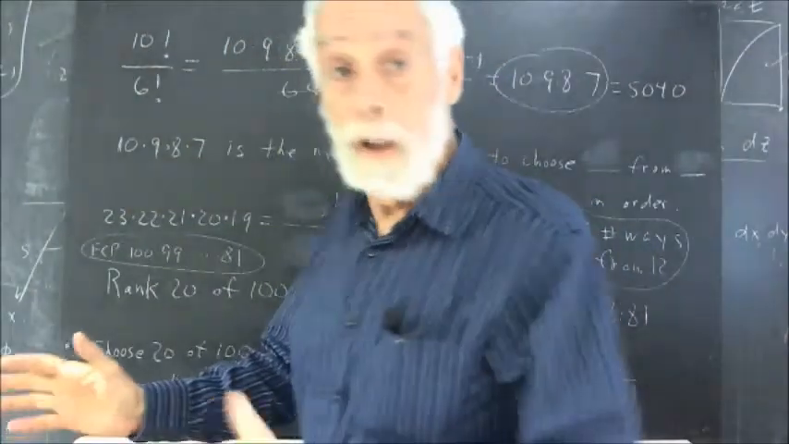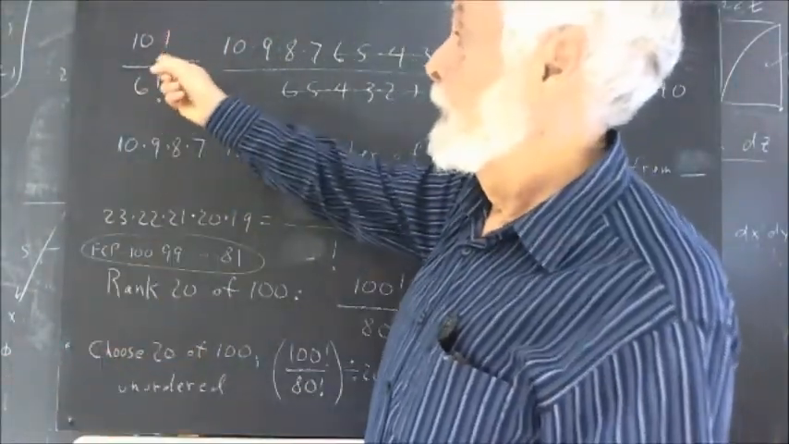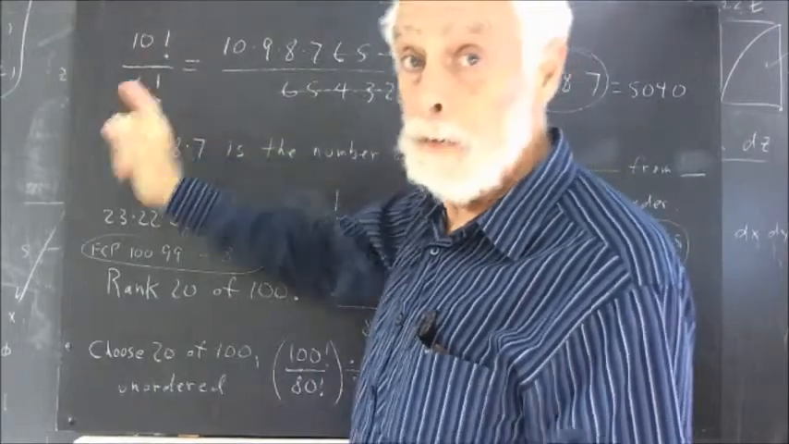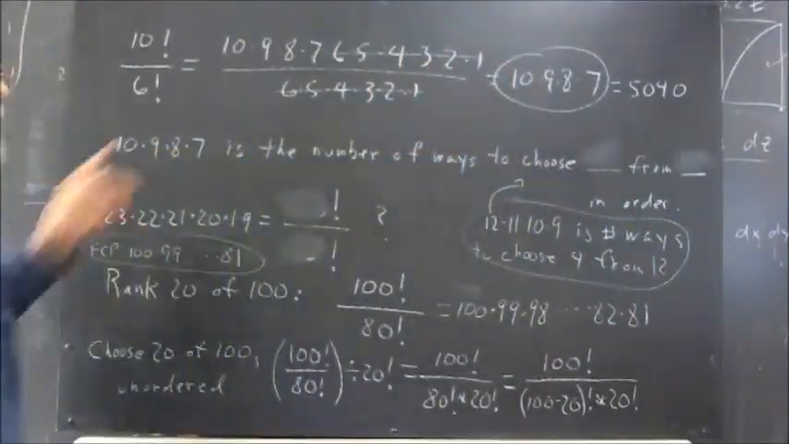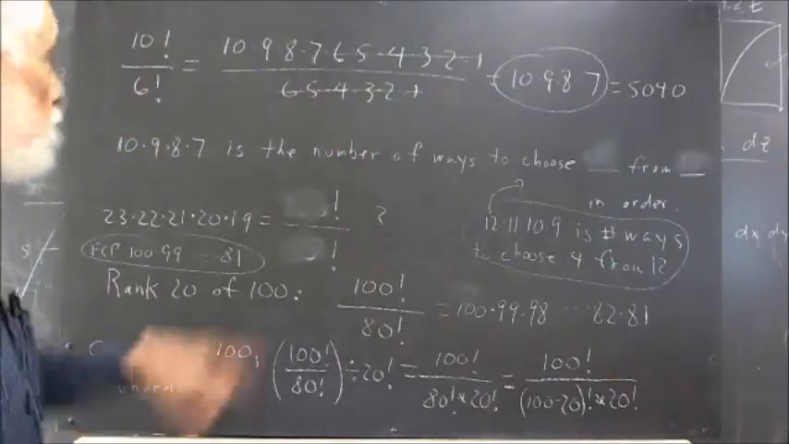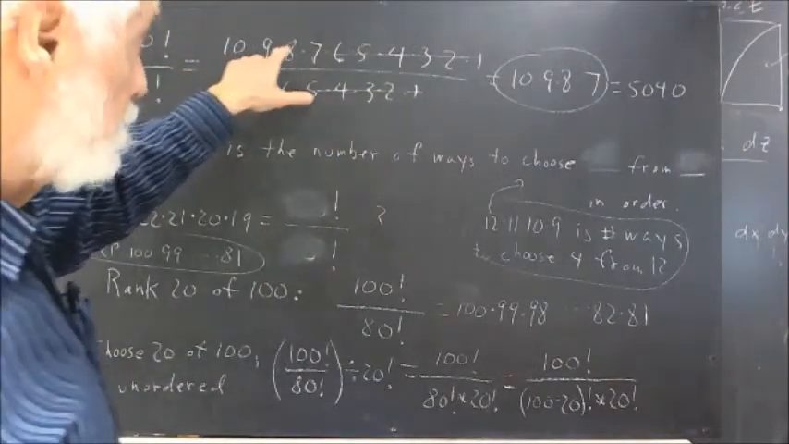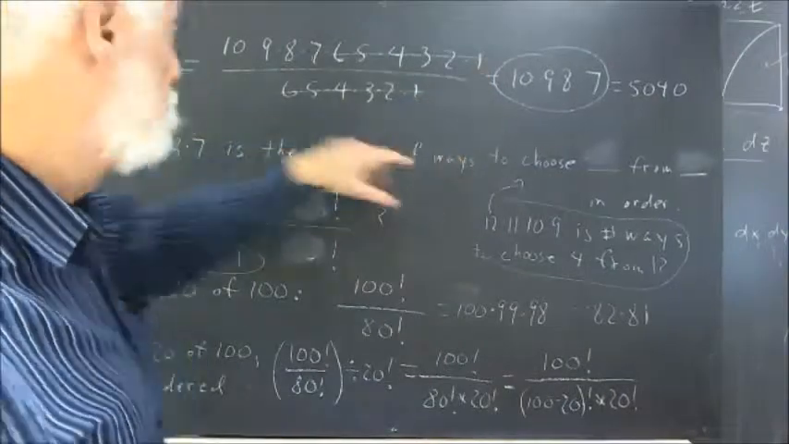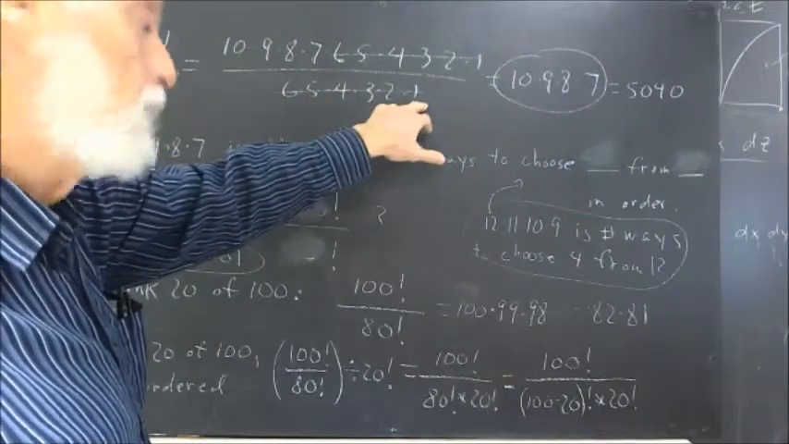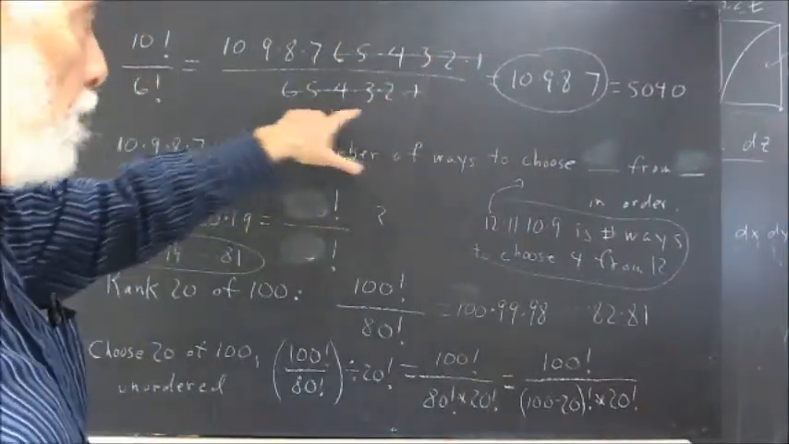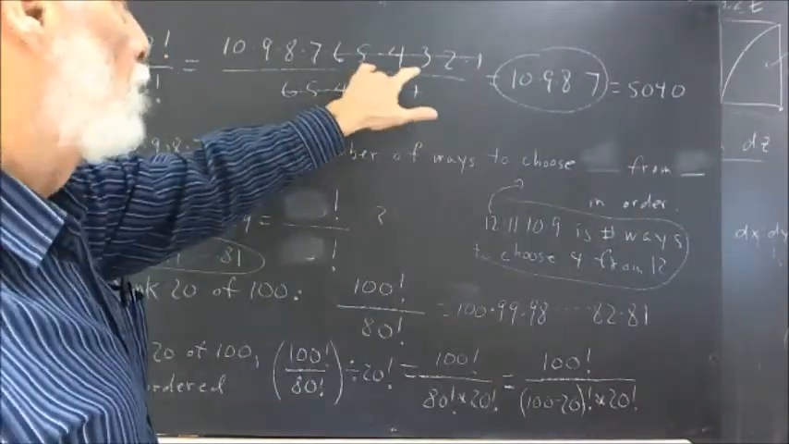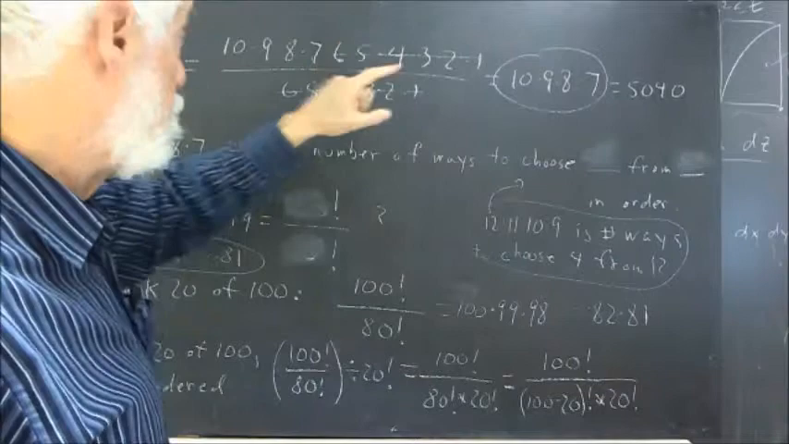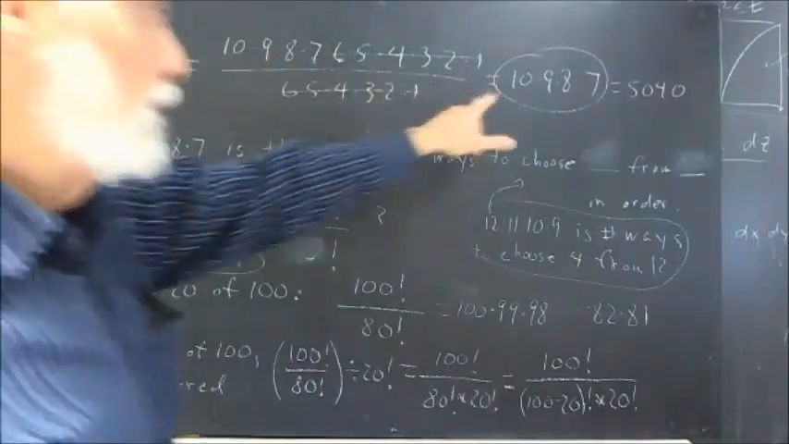Okay, the first thing you're asked here is to find 10 factorial over 6 factorial. You should pause and do that. Here I've written it out. 10 factorial, of course, is 10 times 9 times 8, etc., down through 1. 6 factorial is 6 times 5 times 4 times 3 times 2 times 1, which occurs up here as well as here. So dividing this into this, we just get 1, and that just leaves us with 10 times 9 times